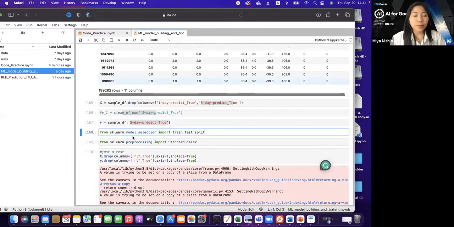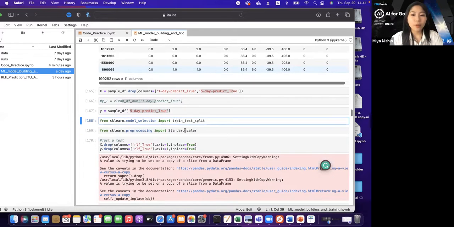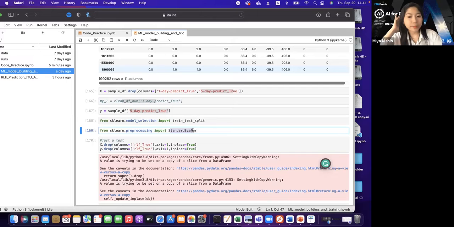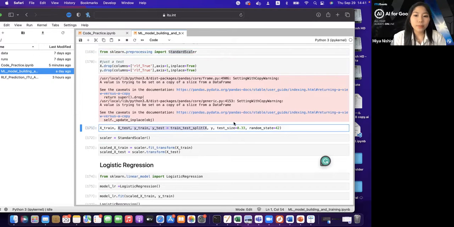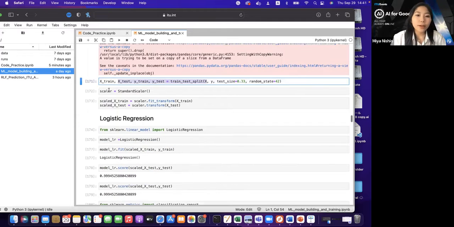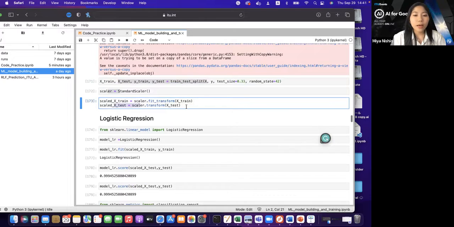And then from sklearn model selection, we're going to take in train test split. And we're also going to bring in standard scaler. And then we're going to split these into training sets and test data sets. And also here, I have scaled this. I did mention this last time in the data preprocessing session. This might not always be a good idea depending on your data set, but today I've just decided to scale it as it worked better that way.